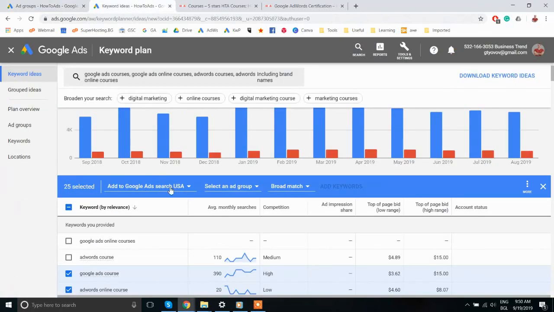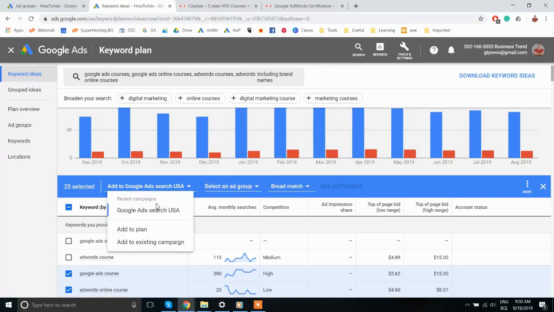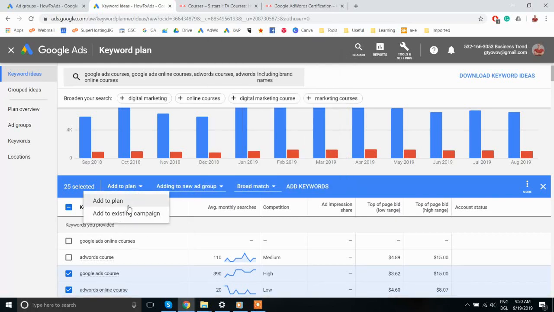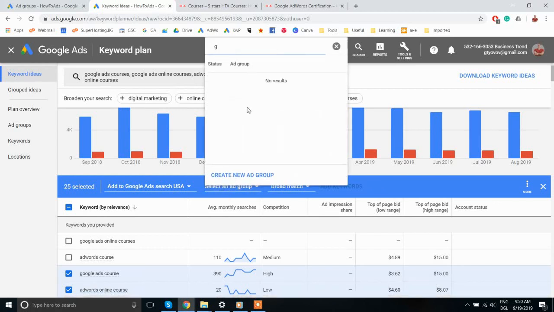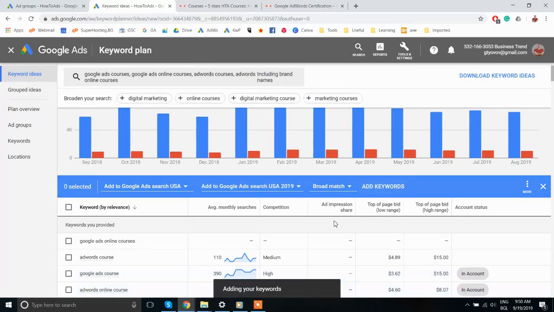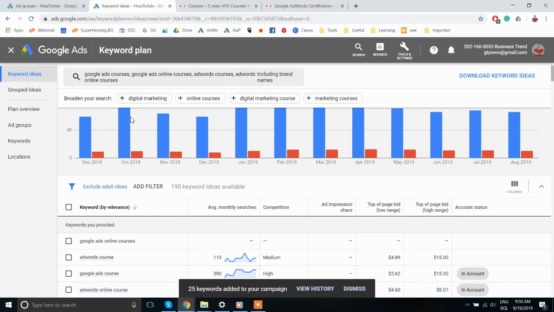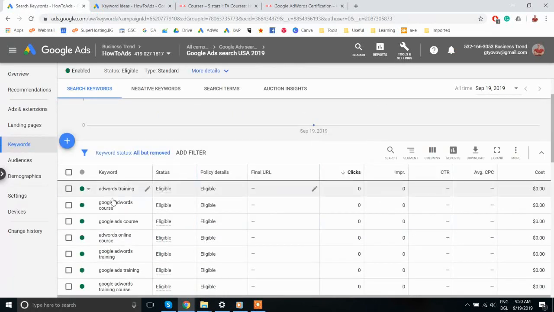Now let's see if it will detect, yeah, now we have it. Add keywords. Okay, 25 keywords added to your campaign. And now let me go to the campaign. Now as you can see, we have it in the broad match, and I don't want broad match, so basically